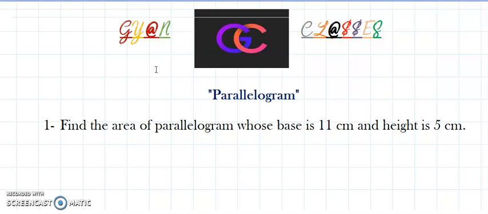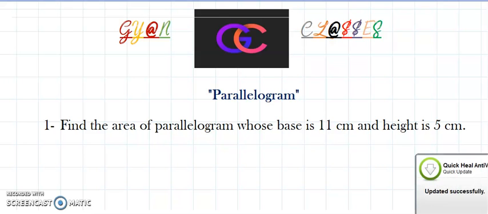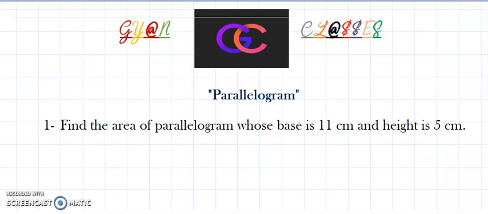In all my previous videos, I have discussed some questions regarding the area and perimeter of triangle, rectangle and square. Today we are going to discuss different kinds of questions regarding parallelogram and rhombus. I have discussed the formulas for the area of parallelogram as well as rhombus in the video in which I discussed all the different formulas. So we are now starting with the area of parallelogram and rhombus questions.